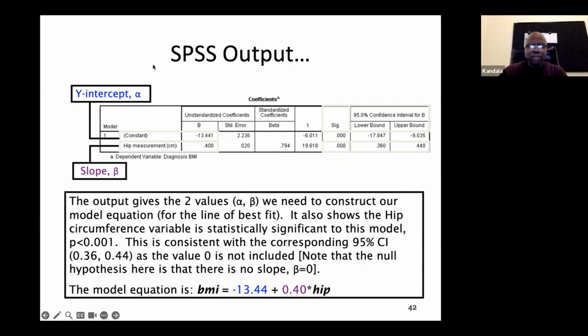So we estimate this with the model here as being the value, the constant is equal to minus 13.44, and the slope is 0.40. So this is our final model,